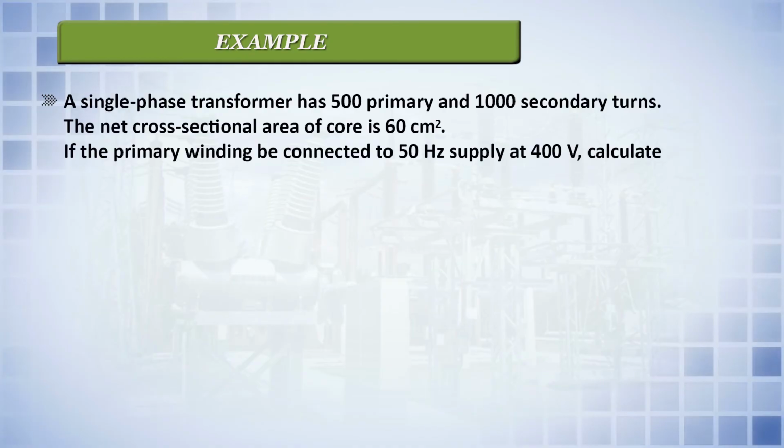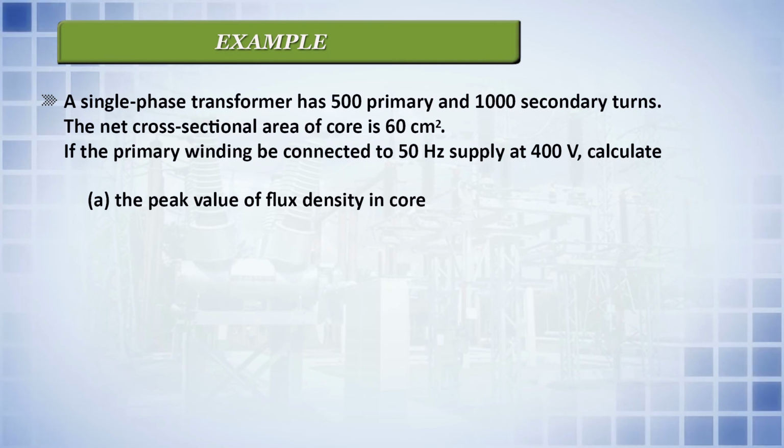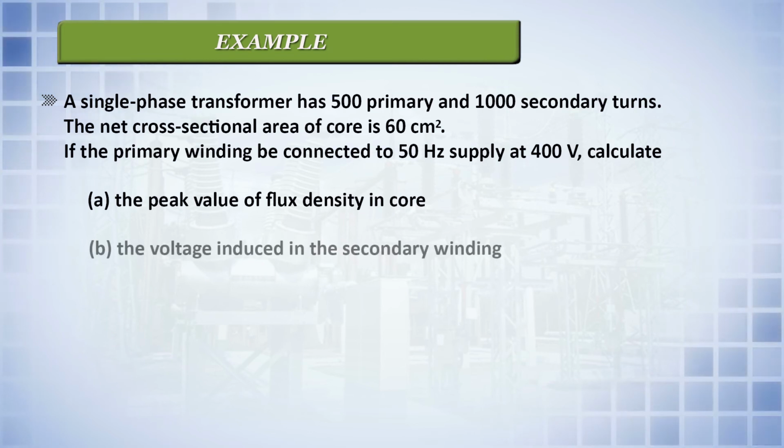Now we will take one or two examples on the basis of the EMF equation. The first example is: a single phase transformer has 500 primary and 1000 secondary turns. The net cross sectional area of the core is 60 centimeter square. If the primary winding is connected to a 50 Hz supply at 400 volt, you have to calculate the peak flux density in the core. The second quantity that you have to calculate is the voltage induced in the secondary winding, and the third one is